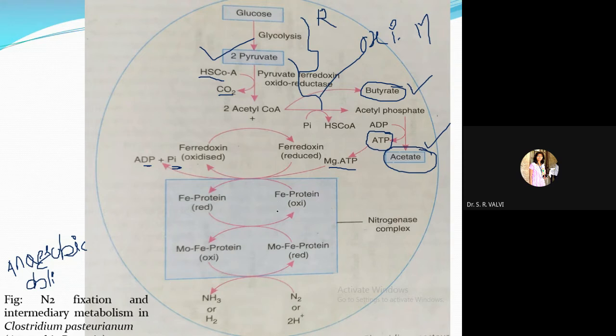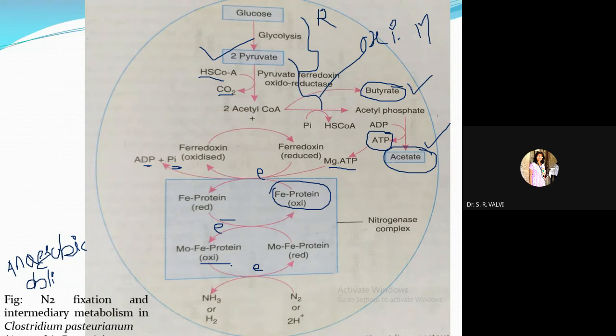They are taken up by this oxidized Fe protein. Please do remember, the electrons are always taken up by the oxidized Fe protein, and then it gets converted into Fe protein in reduced form. The reduced Fe protein again gives the electron further, as you see here, to whom? To the oxidized MoFe protein, and the MoFe protein again transfers its electron,